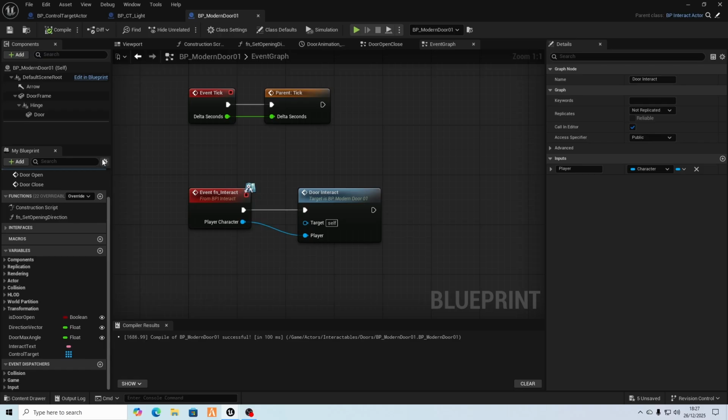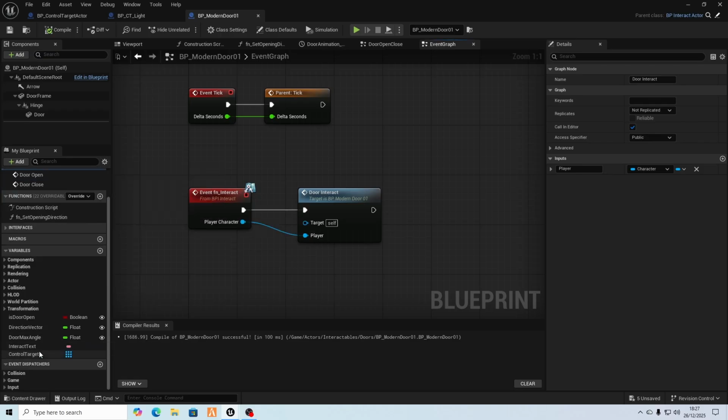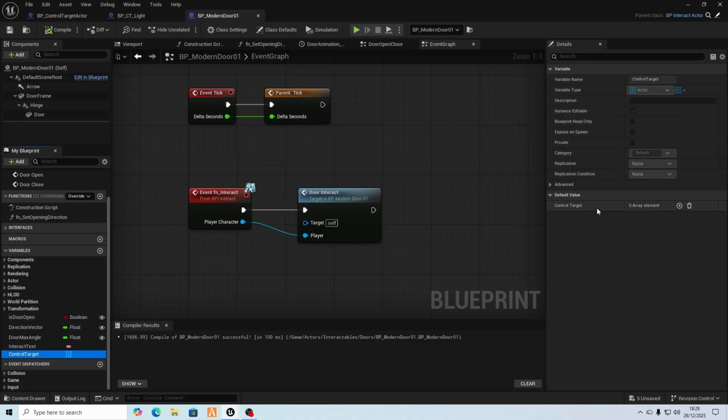So if you've got show inherited variables enabled there, you will see at the bottom control target. If I highlight that, there's nothing in there at the moment, but we'll show you how that works in just a tick. So to control a target, we need an actor to send it to,